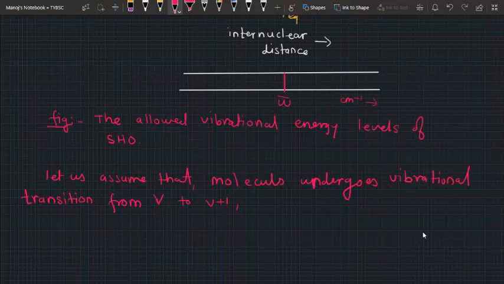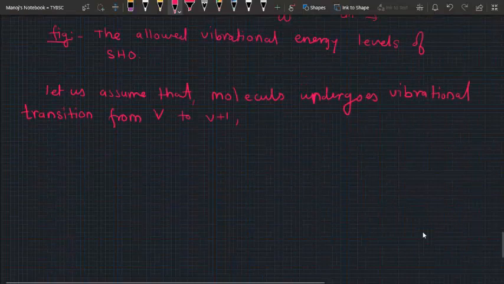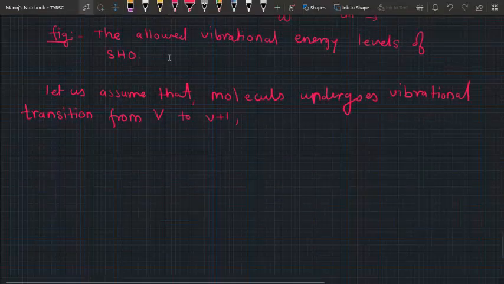Then the spectral line, the vibrational line, will be observed at